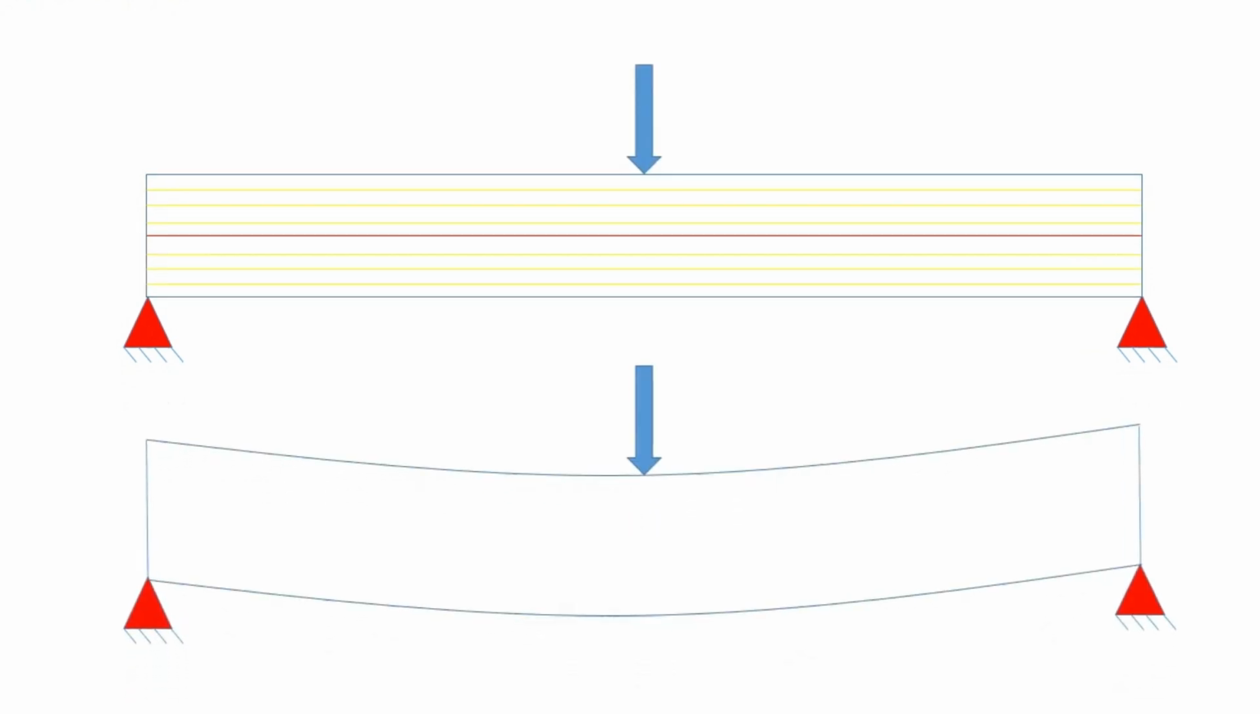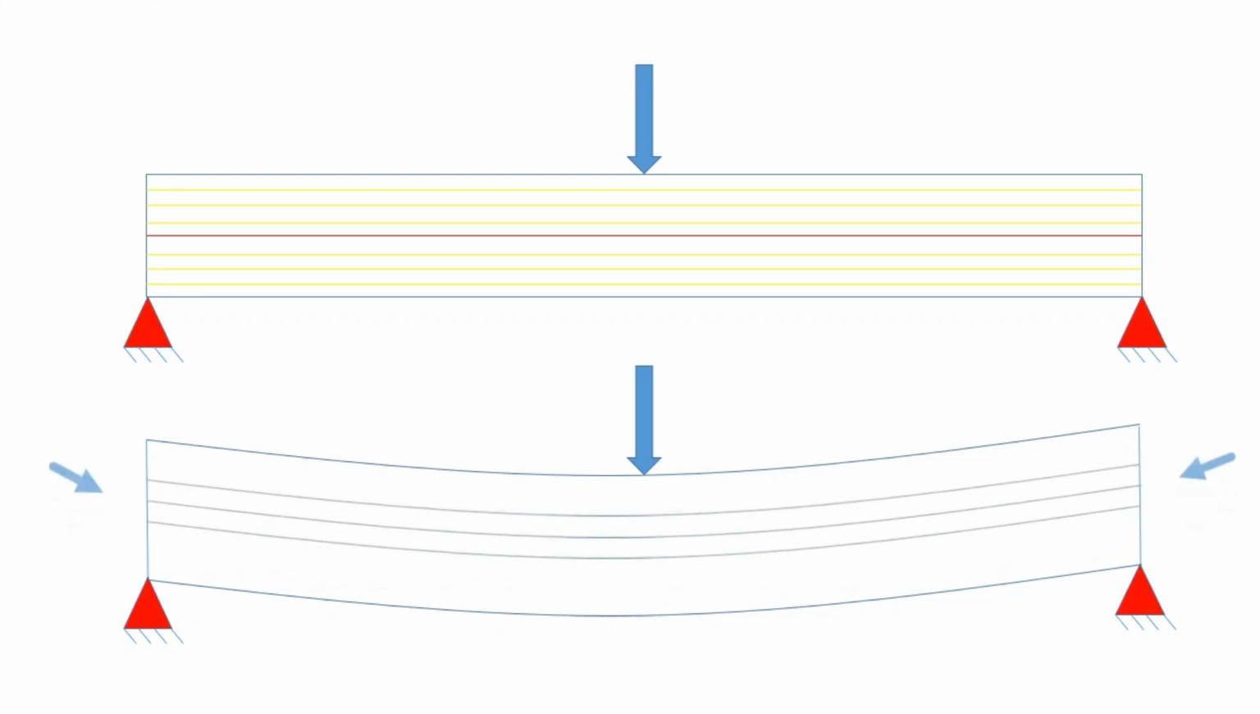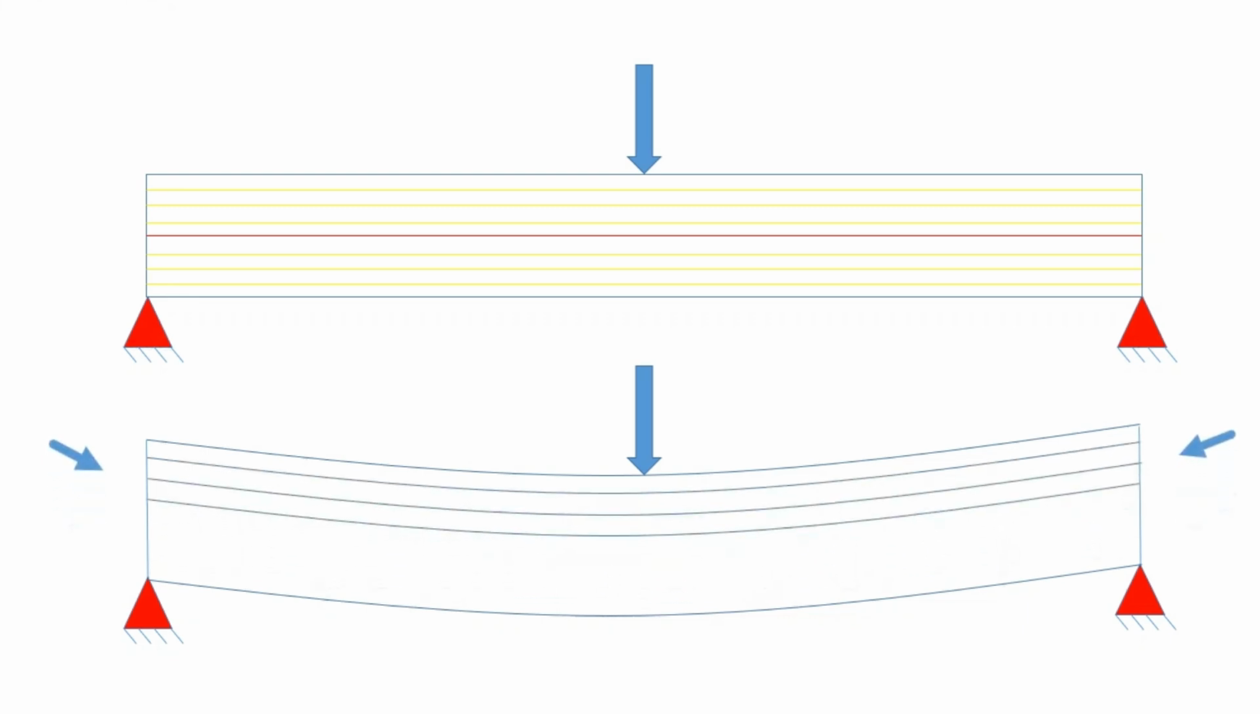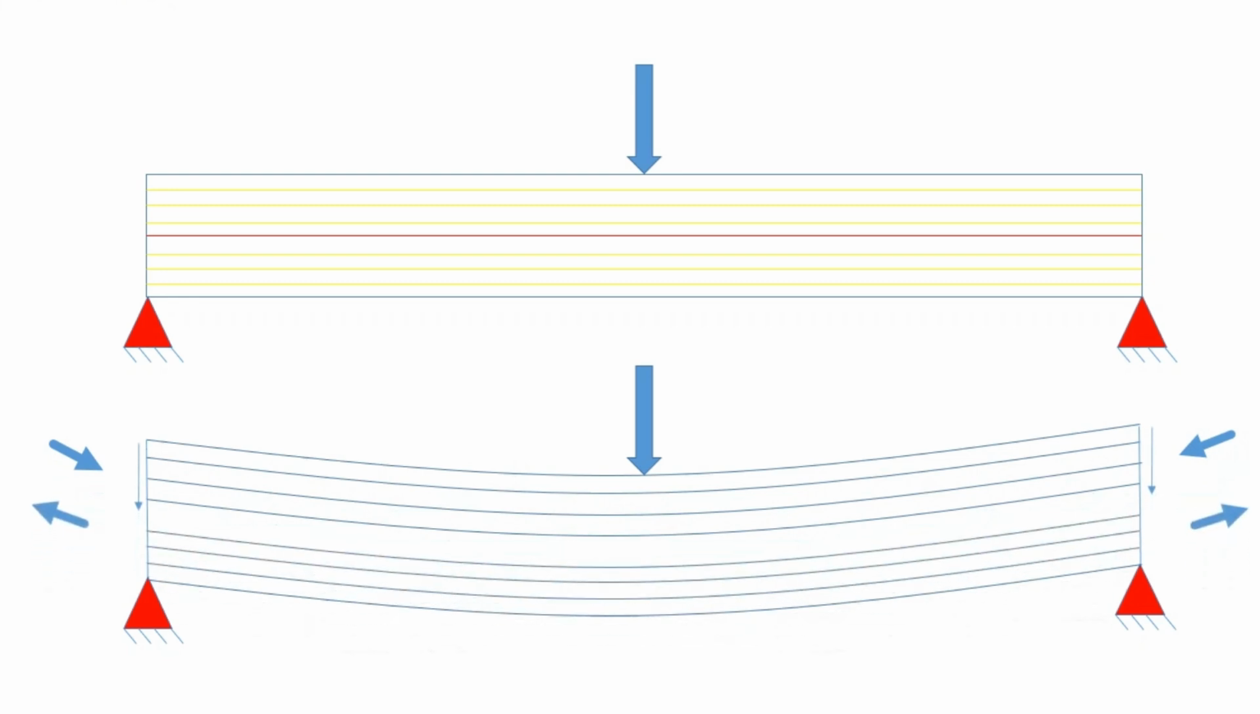So let's say we have a beam which is simply supported, and let's say that this beam is divided into a number of layers. If you apply a load on the beam, all of these layers will bend. But the layers towards the top of the beam will be under compression, and the magnitude of compression will decrease downward, while the layers towards the bottom of the beam will be under tension, and the magnitude of tension will